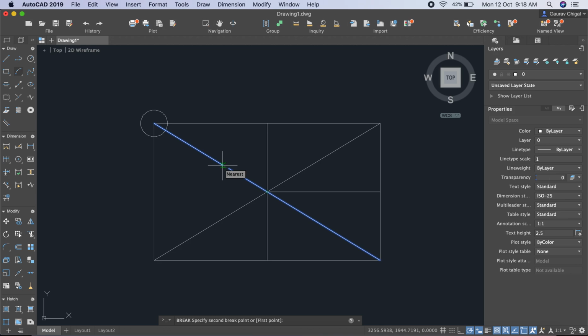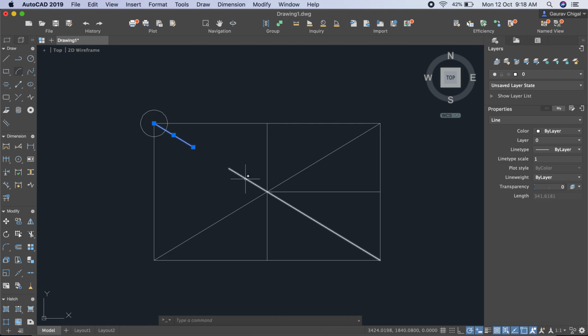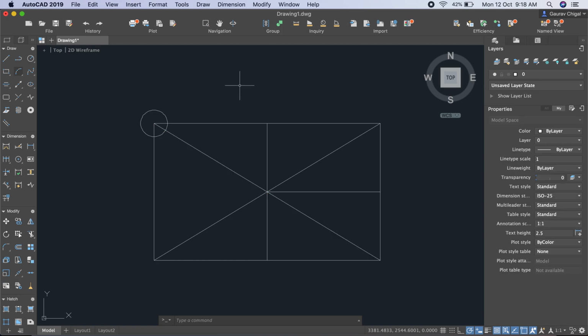But in this case, I can drag my mouse and I can clearly show it on the drawing that my line breaks into two parts with a certain gap. When I click here, you can see a gap is created and the line is divided into two parts. So this is how you can also break the line. Control Z so that your line is completed.